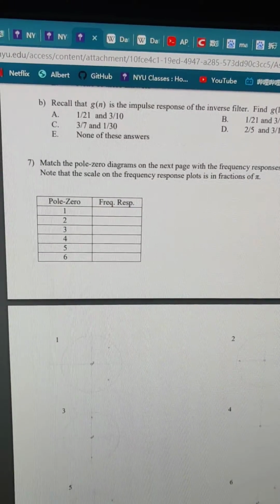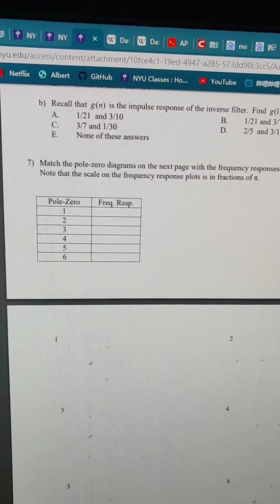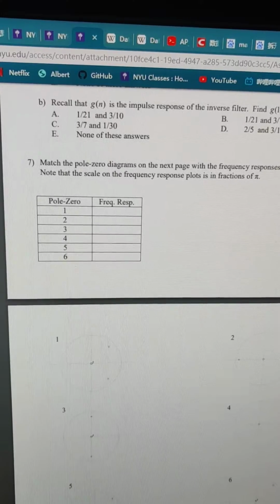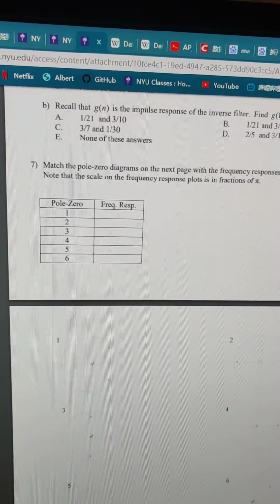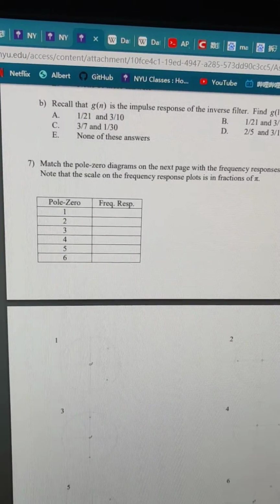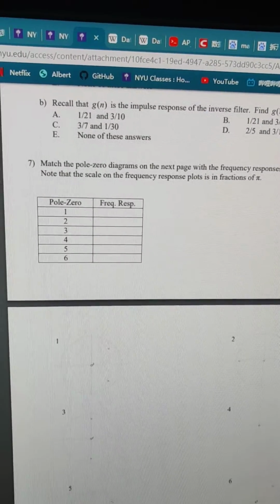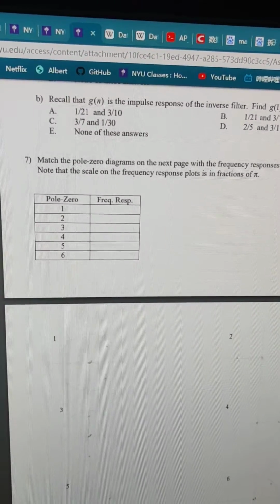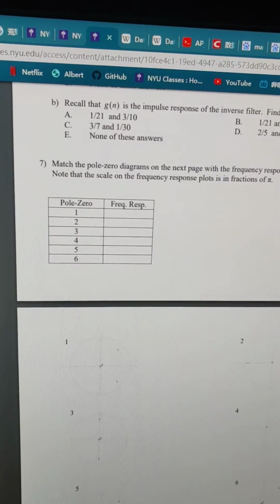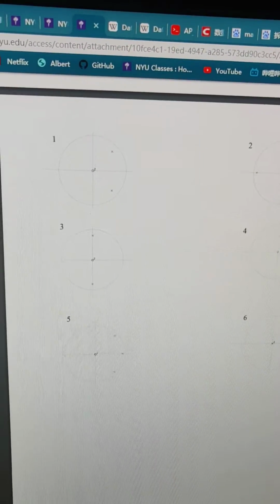Hi, this is the second video for assignment 5 and question number 7. This question asks us to match the pole zero diagrams with the frequency response diagram. So first let's look at the first